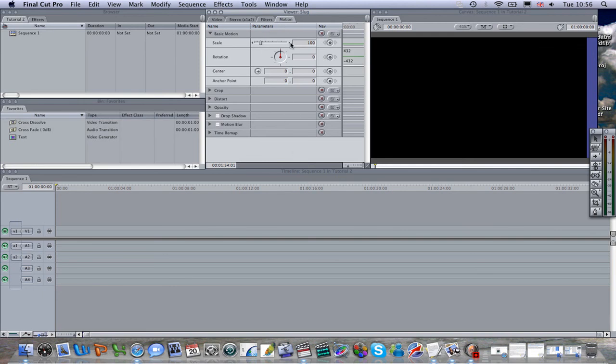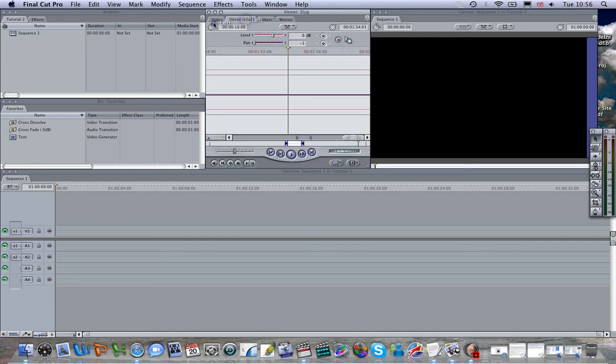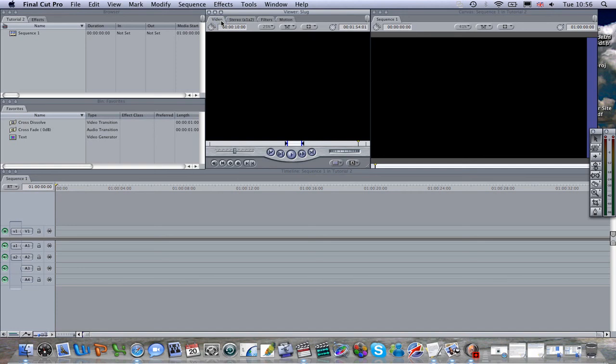So you can make it bigger, you can rotate it, you can change the center points, you can crop it, you can distort it, you can change the opacities, do some drop shadows and motion blurs, and something that's probably best for After Effects, but you can do a simple time remapping. But this is basically where you do your before editing. Okay, so you can drop your clips from the browser into here,